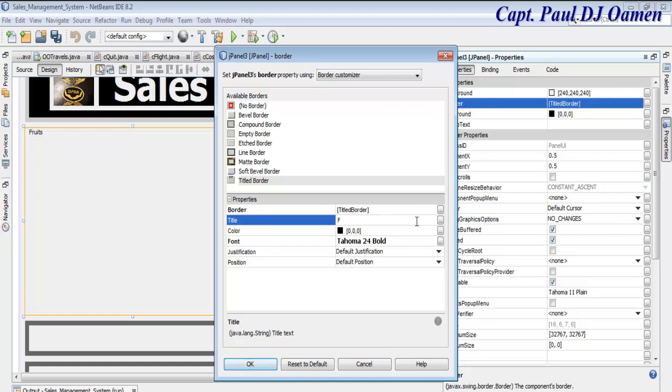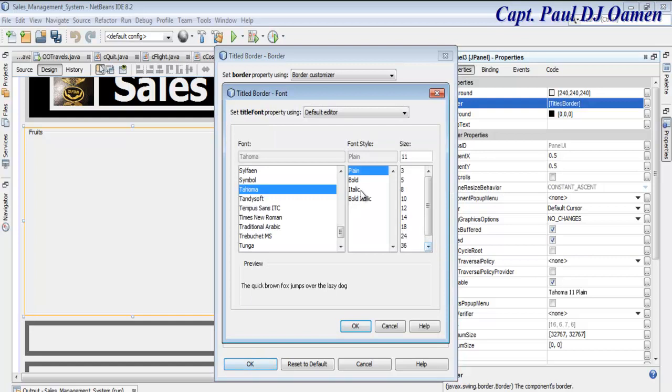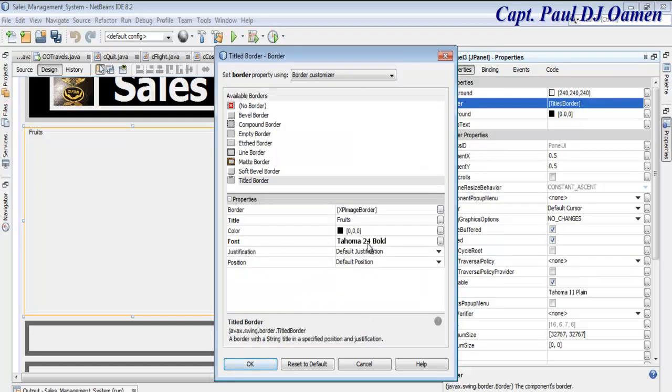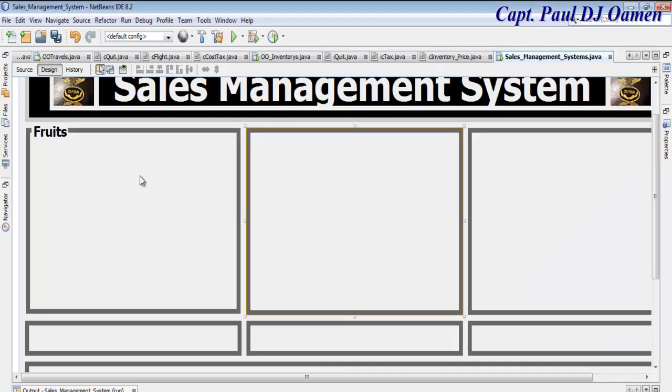Fruits with an S. Now let's go to the border here. The border there. Let's change the border color. Font here is bold 24. Border color. Okay, let's get